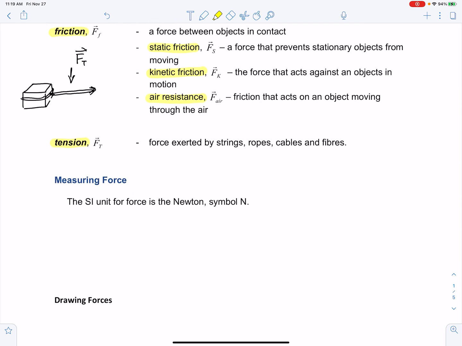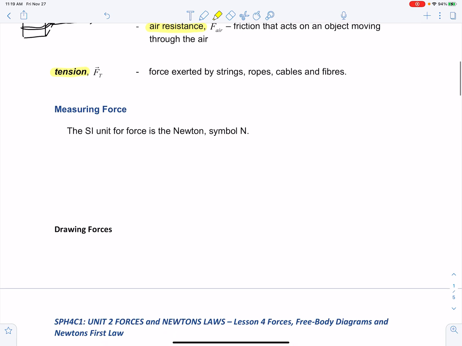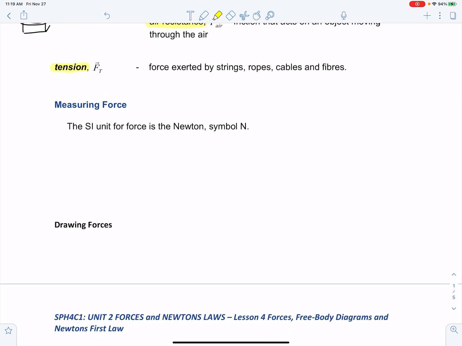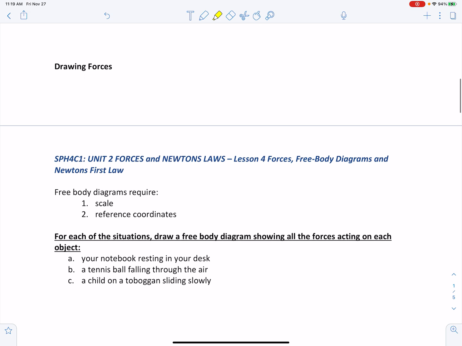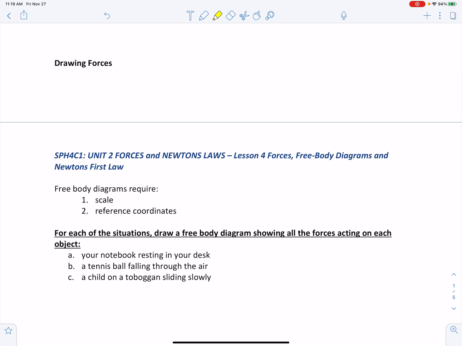As we mentioned, the SI unit, the System International Unit for force, is the Newton, whose symbol is capital letter N. When studying forces, it's important that we know how to draw them. When we draw forces, we need a scale. For example, 1 centimeter represents 20 newtons. One that allows us to effectively draw the force on a sheet of paper so that we're not